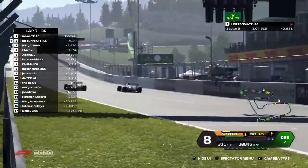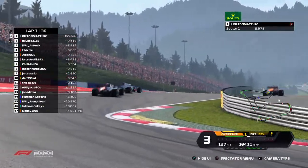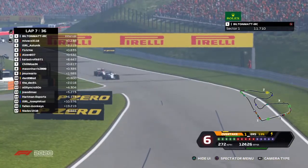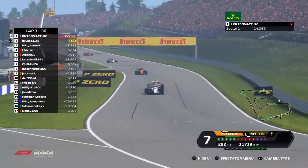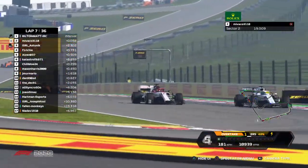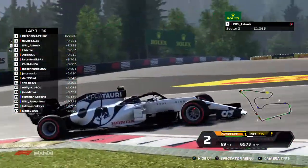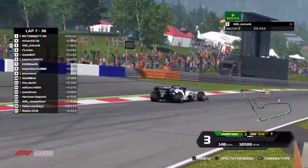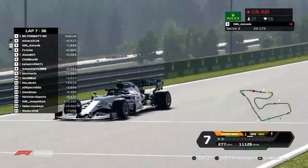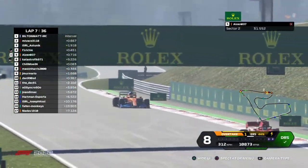And on top of that, he's going to let Bilton Matt just catch right up to him. And after that very bad start there, Bilton Matt already up into P1. So very good for him to recover those positions and take advantage of Mason Harris with his jump start. So Bilton Matt moves into the lead of the race, but it's not over yet. Mivako goes down the inside, but he thinks better of it. Tucks back in there. We got a back marker of Nadav in the way there. Hopefully he's not going to impede this battle too much as Astunik still trying to chase his way away from